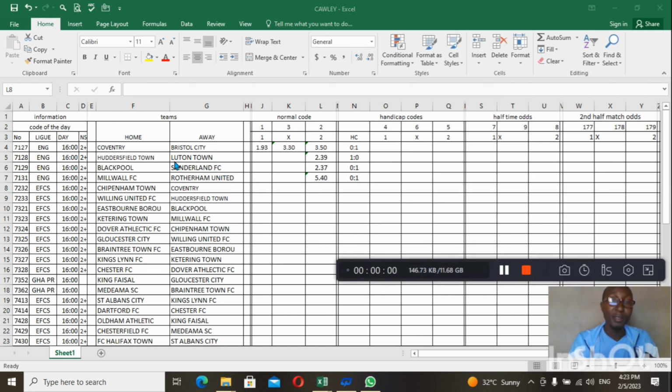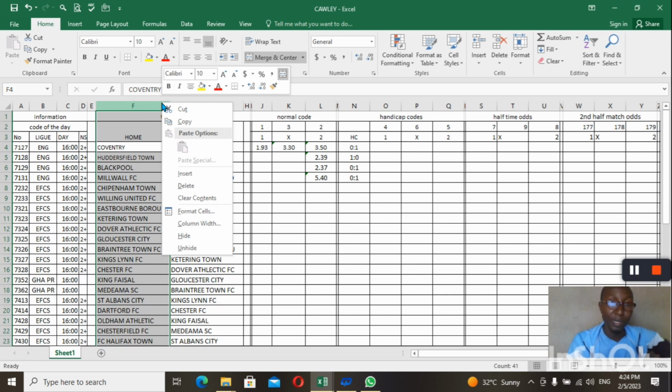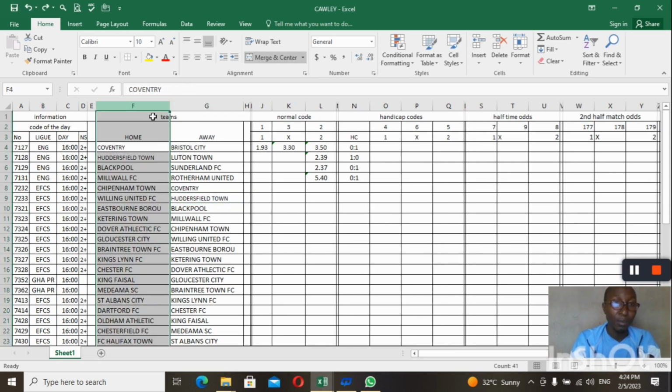Here, what you need to do, right here in this cell, this row down, let's say we want to add this small row to this position. What do you do? You come here, you select it, you right click with your mouse pointer, then you insert. You will see that another cell has appeared there. You can see that this is it this way. You can see that for yourself. So if you want it to be, I undo it. You want it to be this other way,